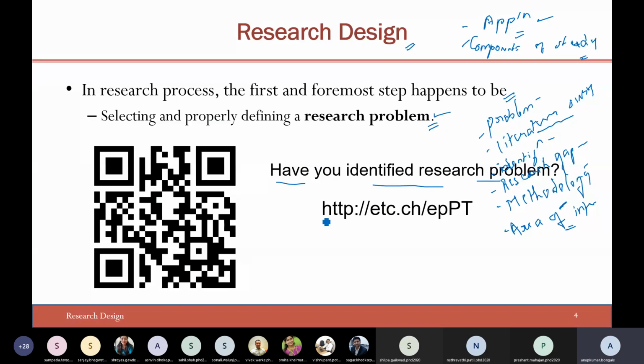All of you are able to see the slide, right? Yes, sir. From the poll, what we understood is that around 6 to 8 members have completely identified the problem, around 13 to 14 members have partially identified it, and some 6 to 7 students are yet to start their problem identification. It does not matter, because you have got a sufficient initial amount of time where you can work on the research problem.